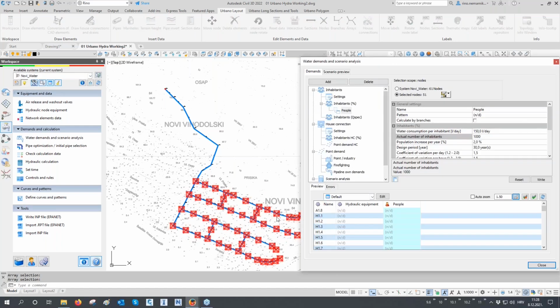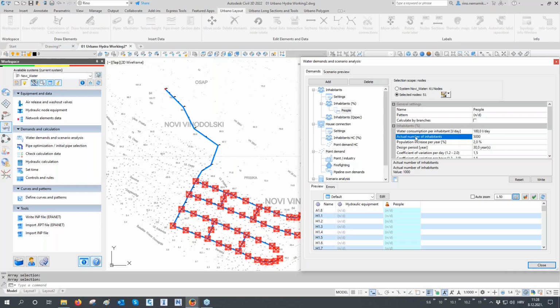So this part here, including these nodes on the main pipeline, so the starting nodes on the main pipeline. And here I will say, okay, in this part of the network, water consumption per one inhabitant per day will be 180 liters per day per inhabitant. And the actual number of inhabitants I will put